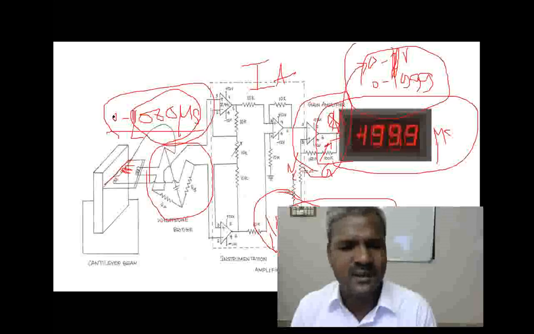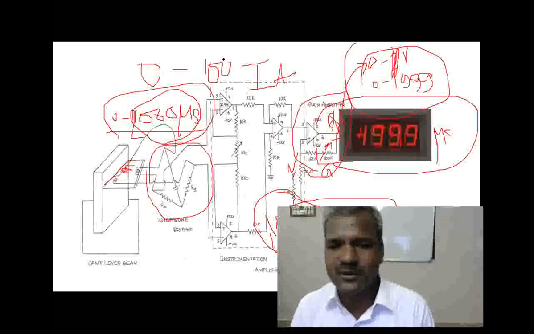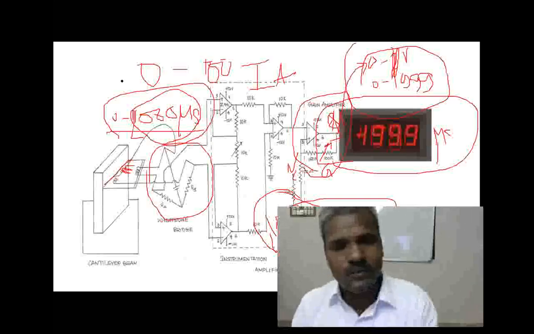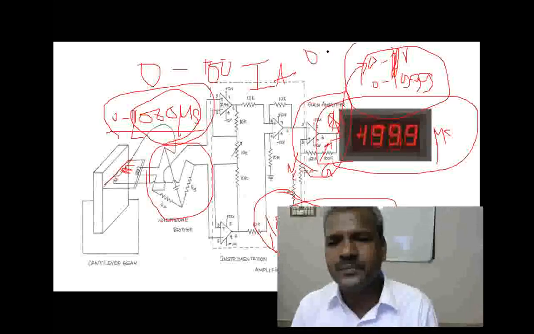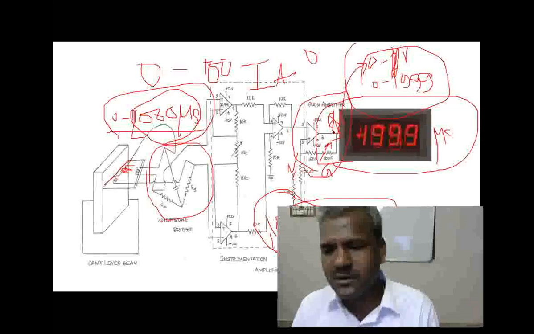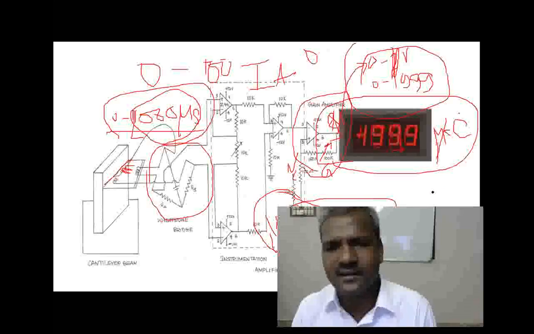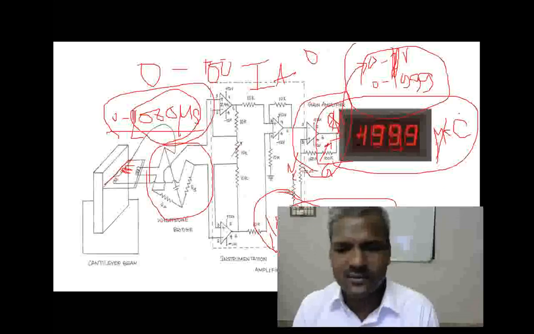Even suppose for a temperature sensor, 0 to 100 degrees Celsius, you can make it 0 to 1 volt. If you apply 1 volt here, you can place the decimal, and it will display 1000 counts, so you get 100.0. In that case, you put the temperature unit here as degree Celsius. Understand? So this is the digital measurement calibration.